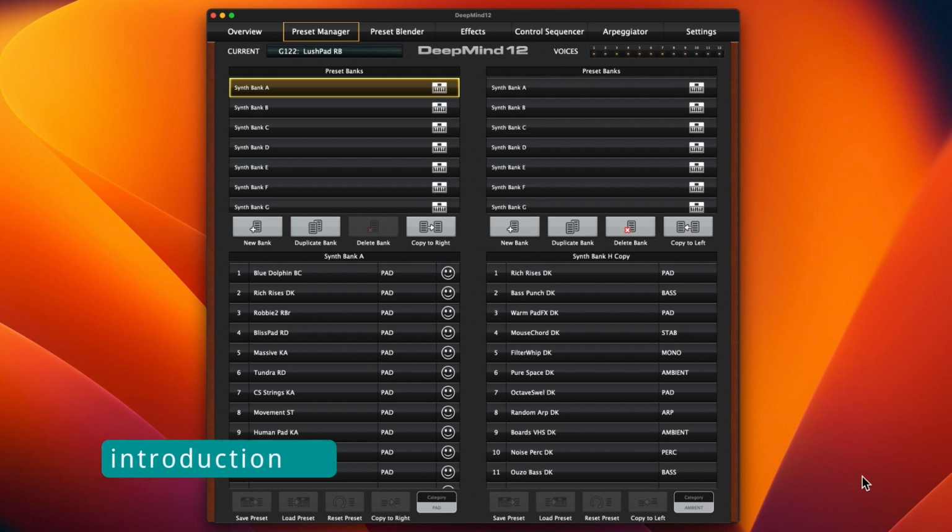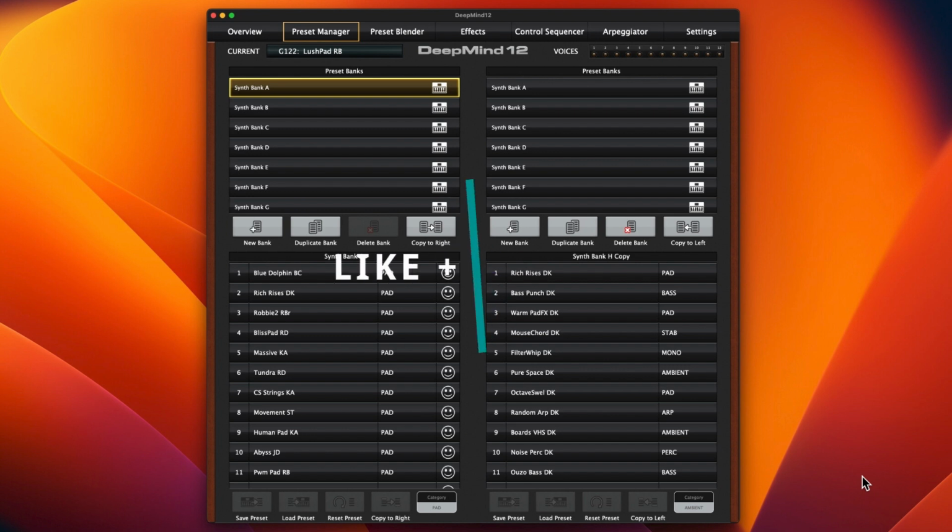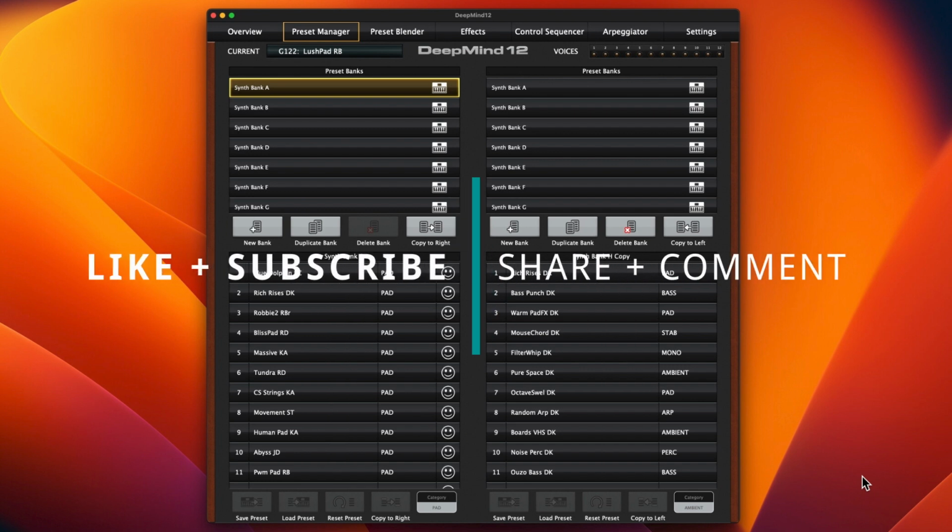So today I am going to have a look at the preset manager in DeepMind using the app. It is obviously available to download for PC and Mac, and you can get that from the Behringer website. And there's also a DeepMind 12 app for iOS iPad, so you can get that from the App Store. Install that as well, which I have done and it works, but I have been losing connection, so I've been